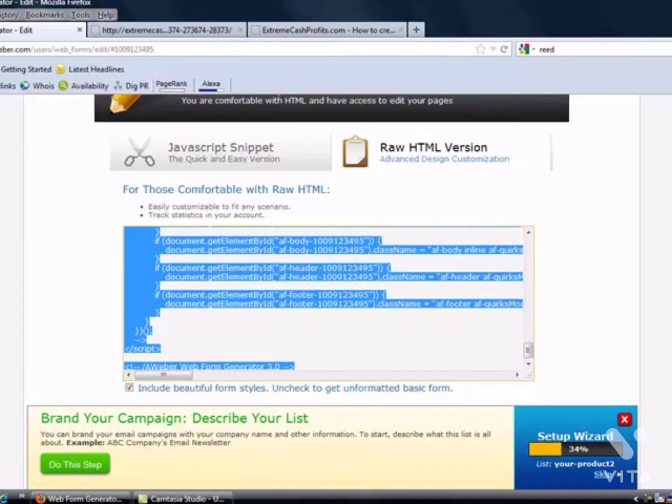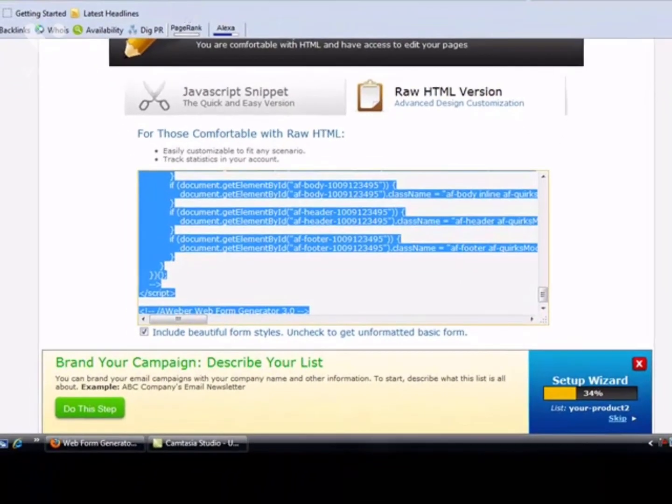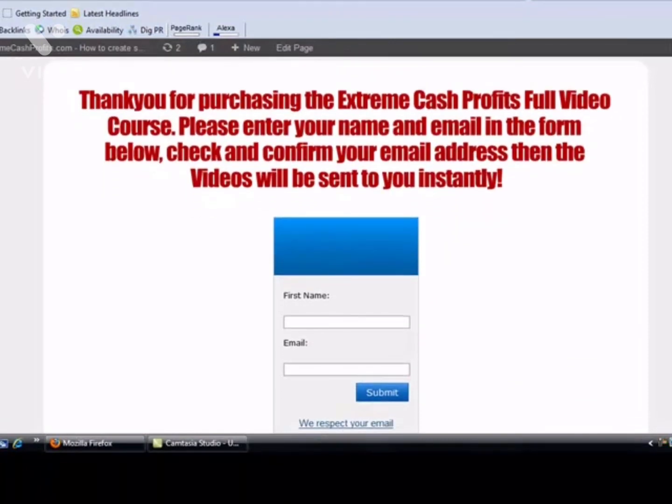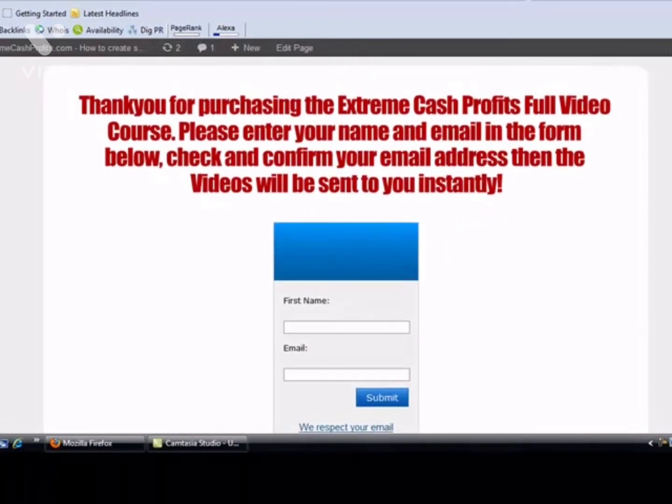Now this code here is for our download page, remember. As soon as somebody makes a purchase, after they've paid with PayPal, they will be redirected to a download page. Now I'm going to show you an example of what I use for my download page. This is a very basic page, but remember, this type of page doesn't have to be anything fancy and special,